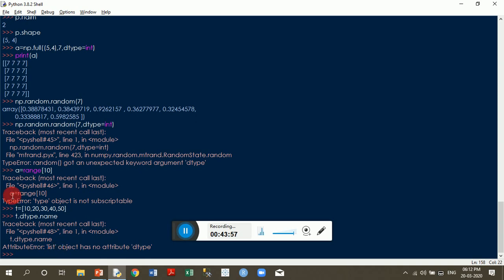The dtype method is exclusive to an array. If I want to update some value in place, let's say in t, this is index 0, this is index 1, this is index 2, this is index 3, this is index 4. If I want to write at a particular index, I can simply pass the index number 1, and I would like to place at index 1